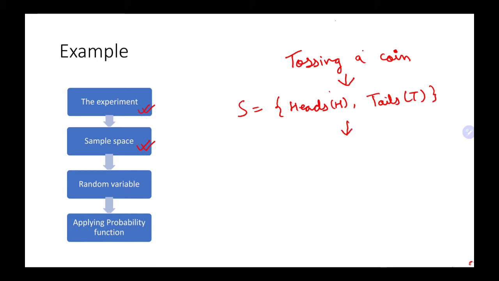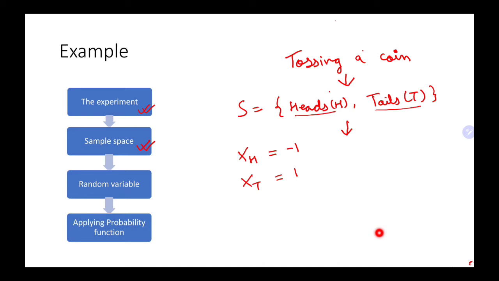Now the random variable will come in, and what it will do is assign real values to the events heads and tails. If we denote xh as the value the random variable assigns to heads, and xt as the value the random variable attaches to the event tails, then it actually assigns just a real number. Let's say we assign the value -1 to the event heads, and the value +1 to tails.